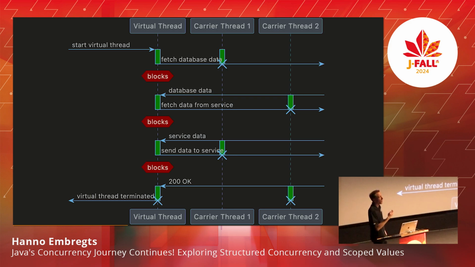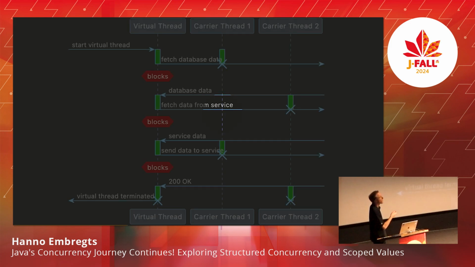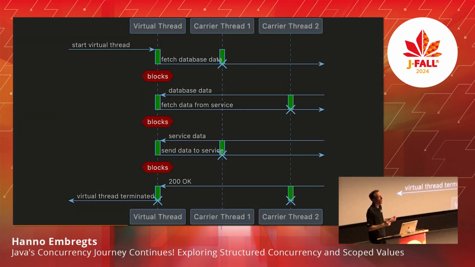The time that the first thread was blocked is now available to be used by other virtual threads. And because virtual threads can be mapped to any other operating system thread, that space is now available to use. So no, your work will not be processed faster than before, but it can offer you higher throughput. There's more work that can be done in the same amount of time because these carrier threads can be used more efficiently.